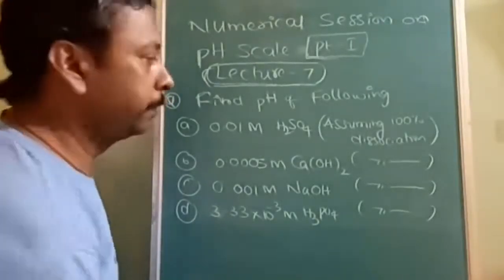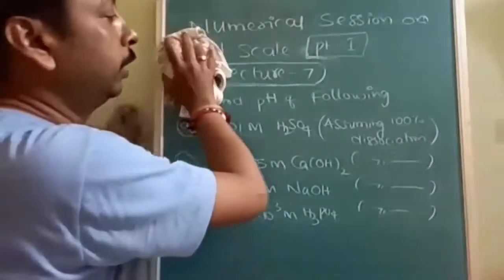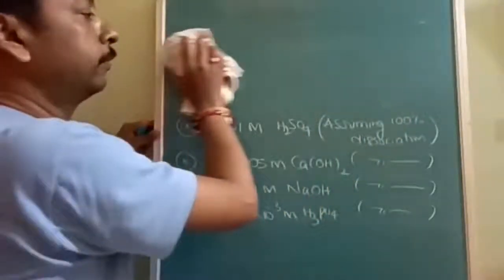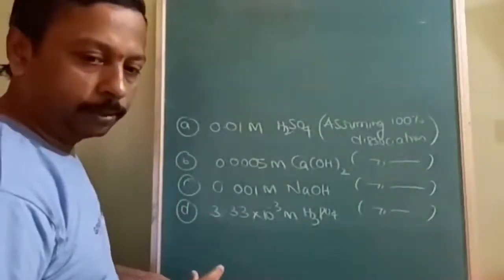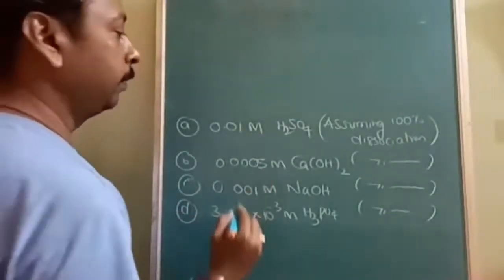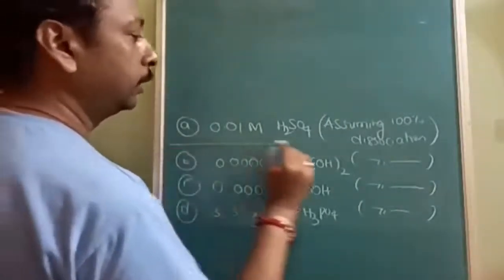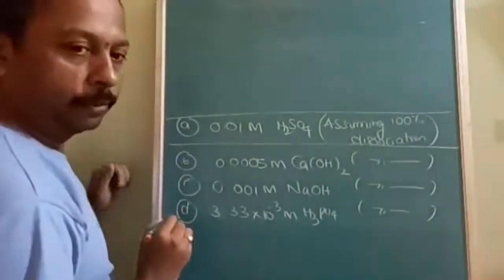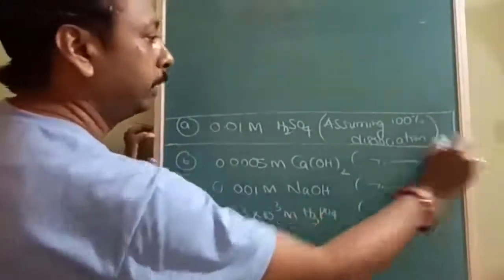So here the first part I am explaining, then you can use a similar concept but not exactly the same. So, numerical session, first part of the pH scale with different models. So the first question I am explaining, as most of you answered wrong. So listen carefully. This is the first question. Don't be overconfident that we can do everything.